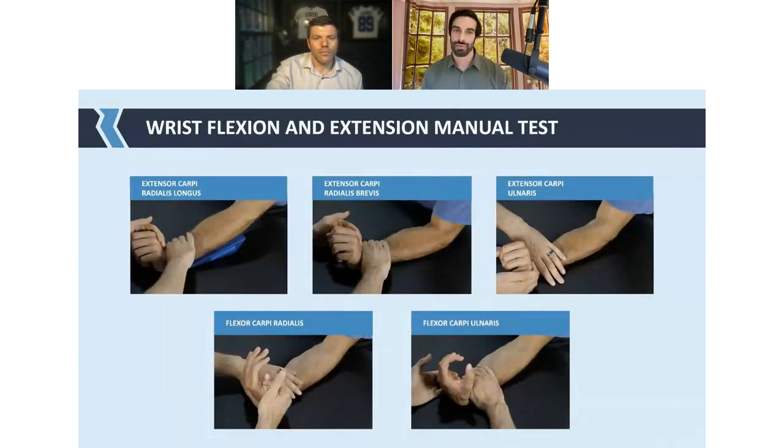So moving on from pronation and supination, manual muscle testing, and dynamometry, now looking at testing the strength of the wrist flexors and extensors. So this should all look familiar. A climber comes in, or any athlete comes in, and you're testing the strength of extensor carpi radialis longus, brevis, carpi ulnaris, radialis, and even the flexors, going in to test the extensors and the flexors and differentiating the strength of each of